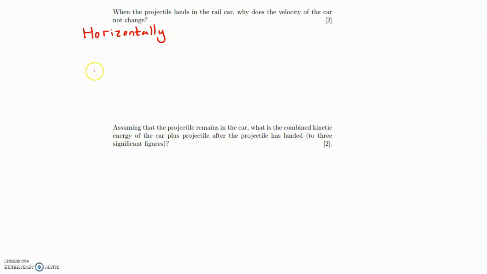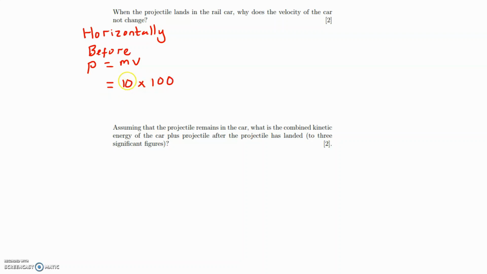So before the projectile lands in the car, if you remember, P equals mv, and the momentum of the projectile is mass times velocity, and